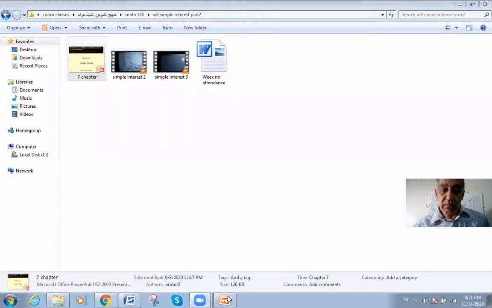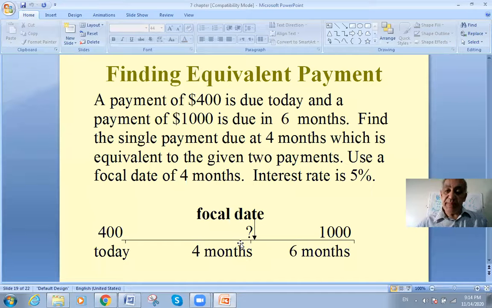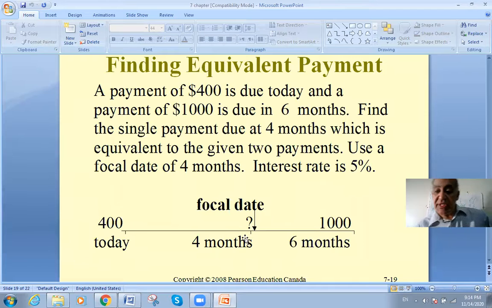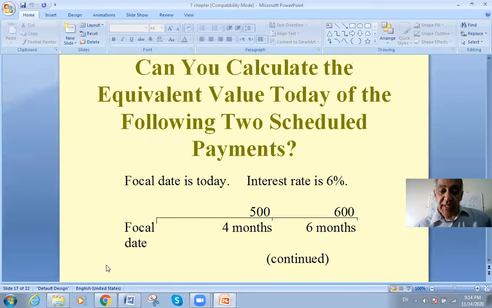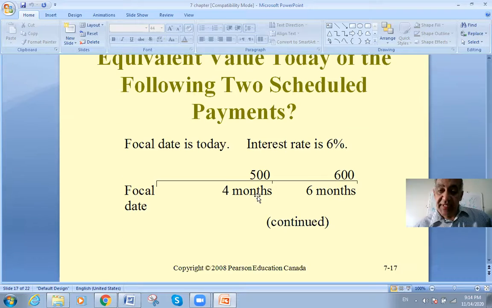So here we go. How about this case? In that case now, the situation is different because the focal date here is in between two maturity dates. Before this, look at this. Before this, the focal date was here and the maturity dates were here. So the focal date was preceding or before both the maturity dates. But here,